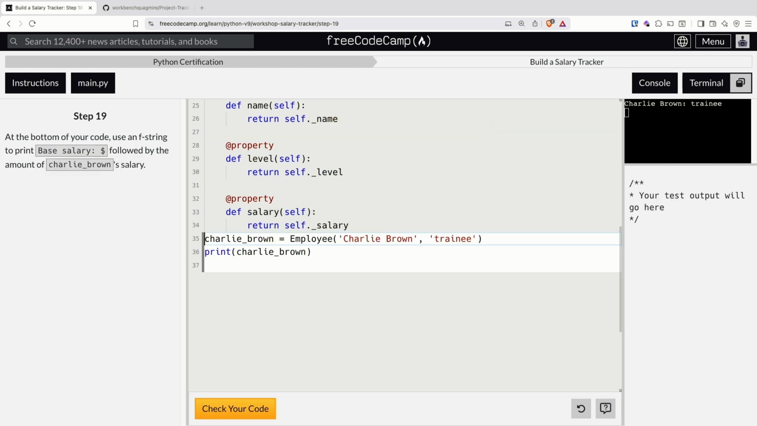All right. Step 19. At the bottom of your code, use an F string to print base salary, followed by the amount of Charlie Brown's salary. So